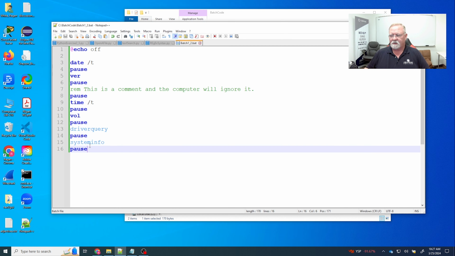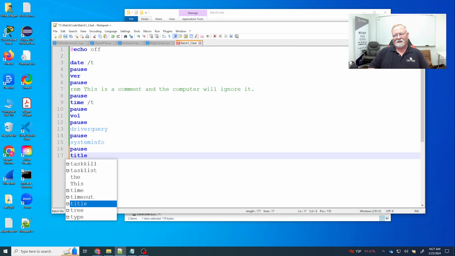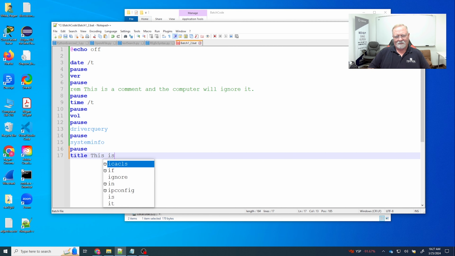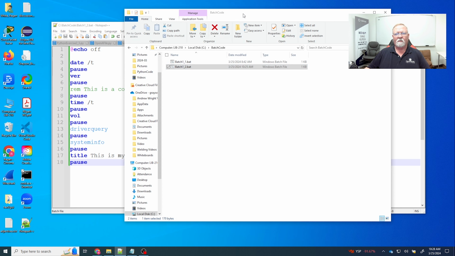The last one we're going to look at is the title command, and this is probably the most useful one. Actually, it's probably not. So, the title command allows us to set the title of the command bar, which is the top window up here. It allows us to set the title in the DOS window that we're looking at when we run the file. So if I say title, and then this is my batch file, and then I save it and I run it,